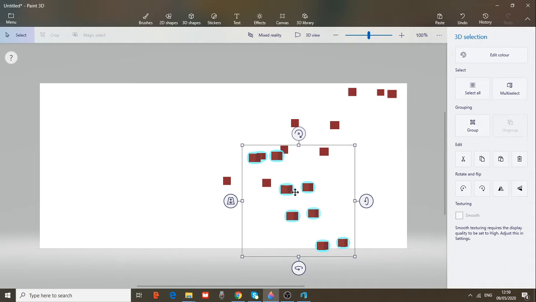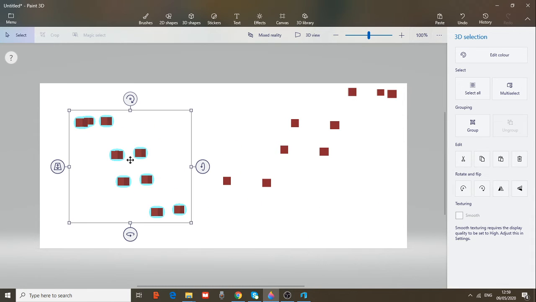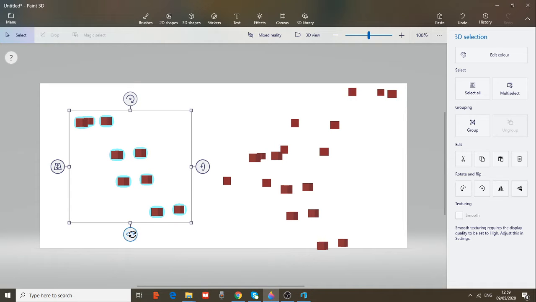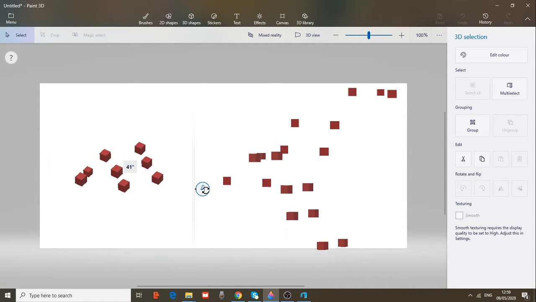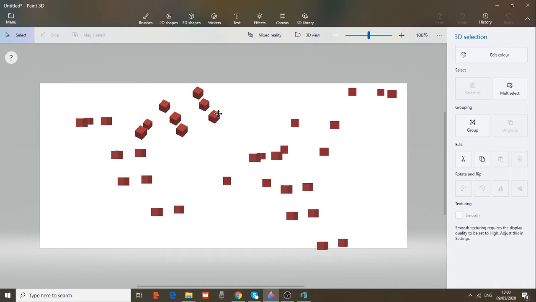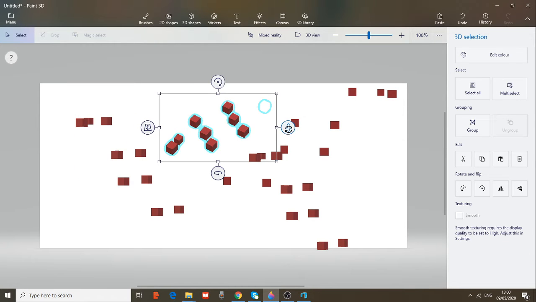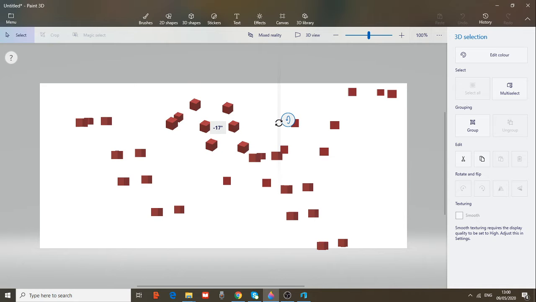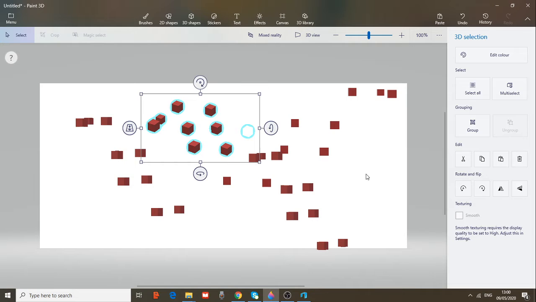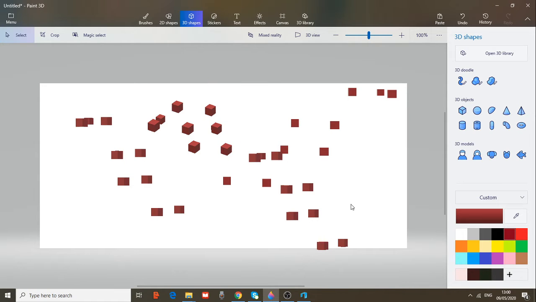Copy-paste. Rotate them. Copy-paste. Rotate them in another position. Okay, this is enough. Now,